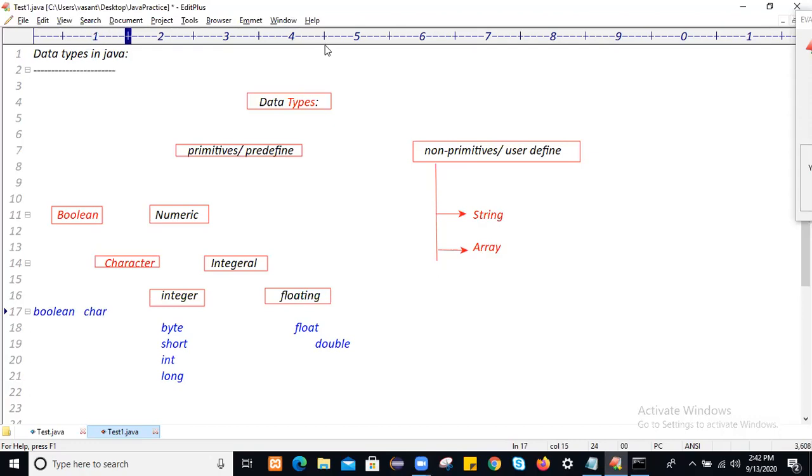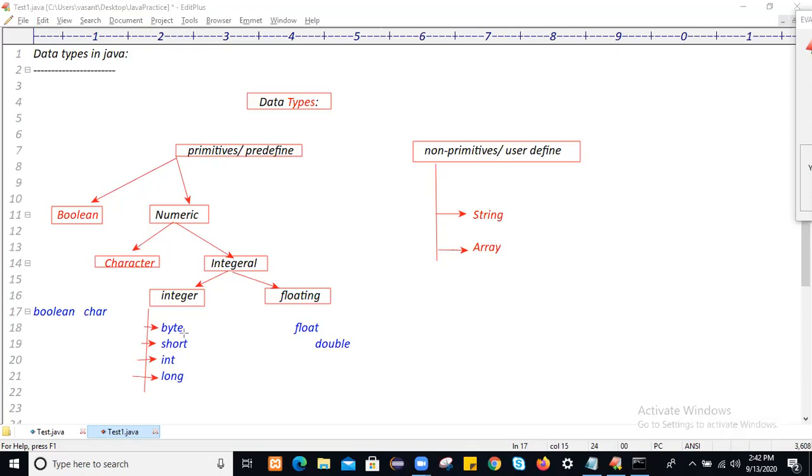Okay, let's draw it properly. So we have Boolean type and numeric type. Numeric type again differs into character type and integral type. Integral type again differs into integer and floating type. All these are integer types: byte, short, int, and long.